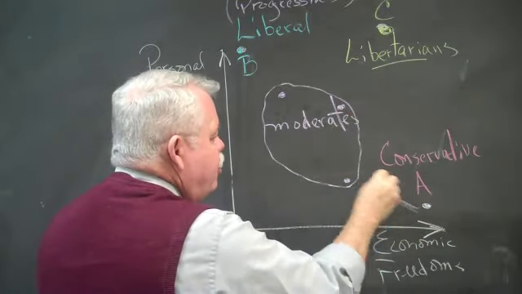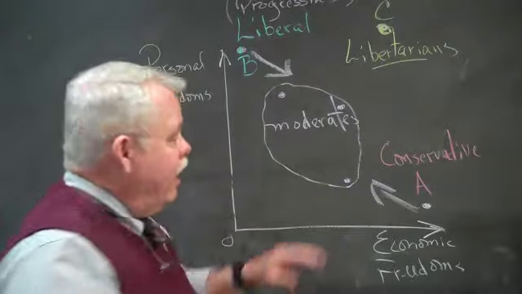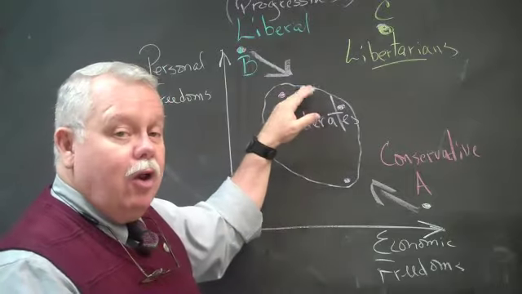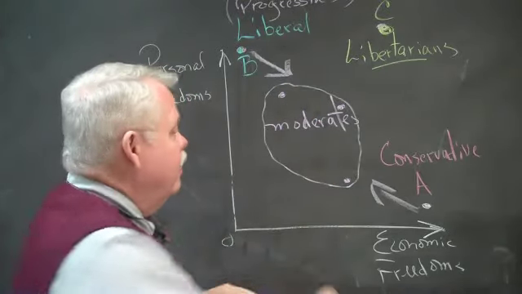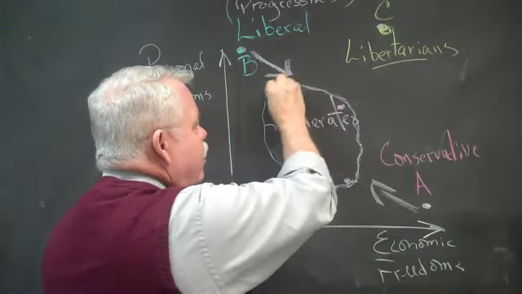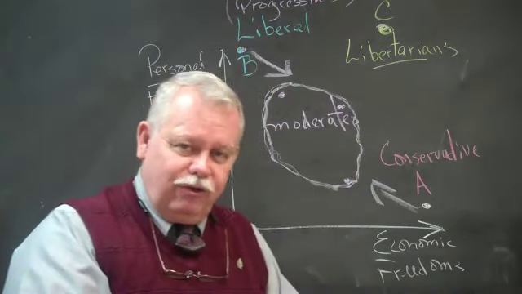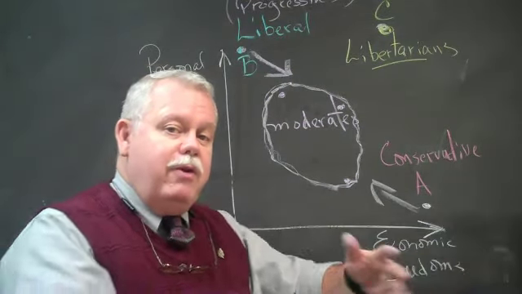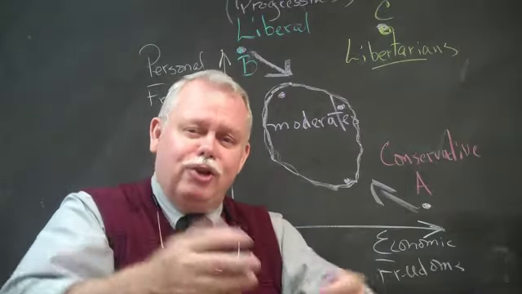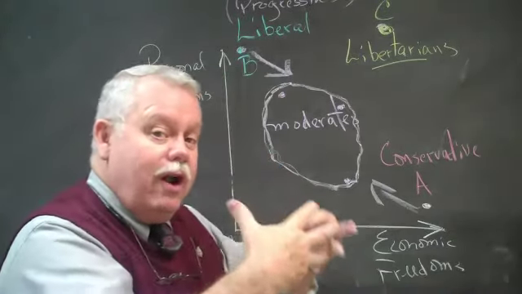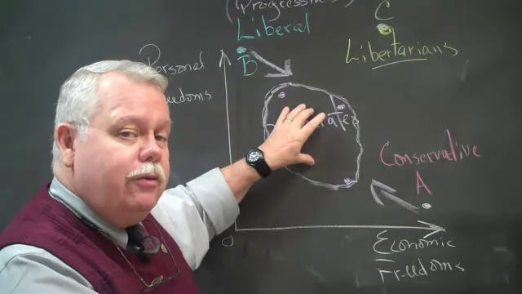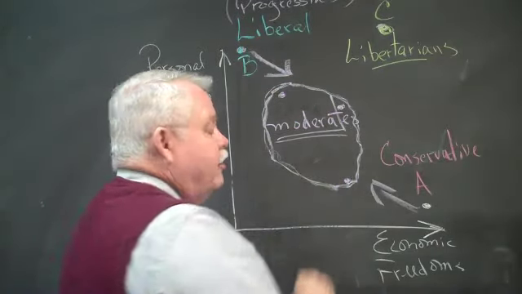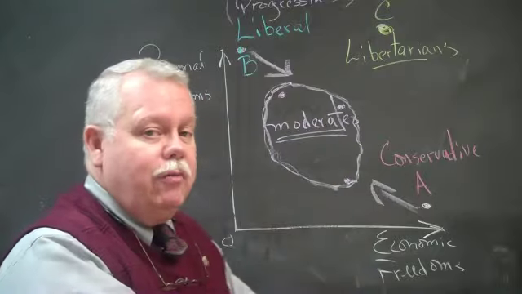They believe in some limitations, and basically, every time I bring an issue up, you may find yourself moving around a bit. You may be a liberal on one issue and a conservative on another, etc. Most folks find themselves somewhere around here in the middle, and what does that mean for politicians? It means you can get the vote from your extreme side, maybe in the preliminary elections, but when it comes down to where everybody votes, these folks are the ones that tend to swing the elections one way or the other. And so you've got to position yourselves, typically, to accommodate the view of the moderates.